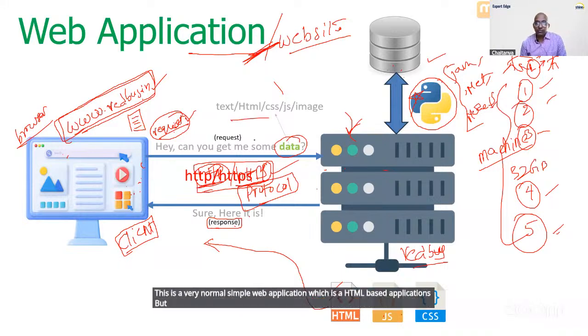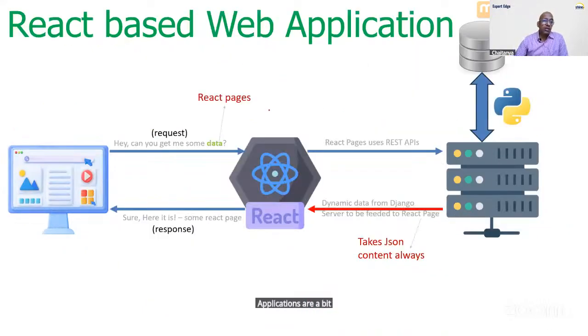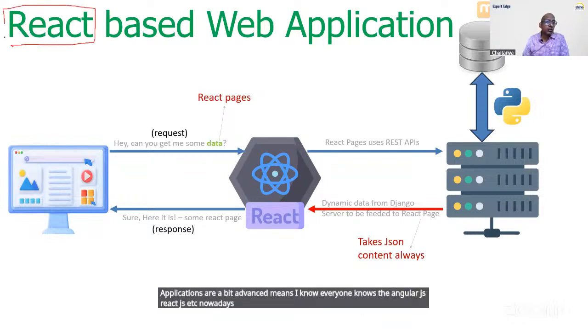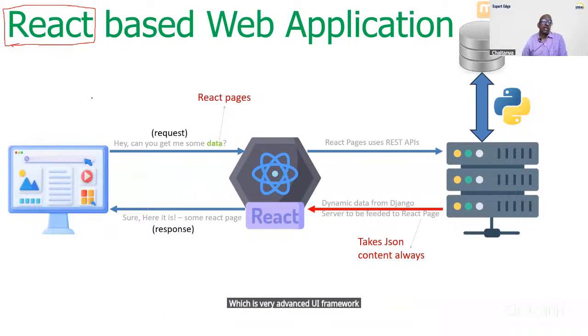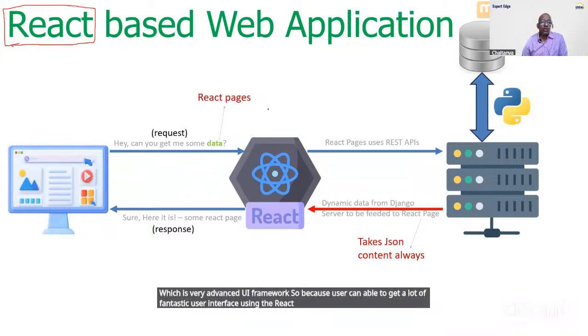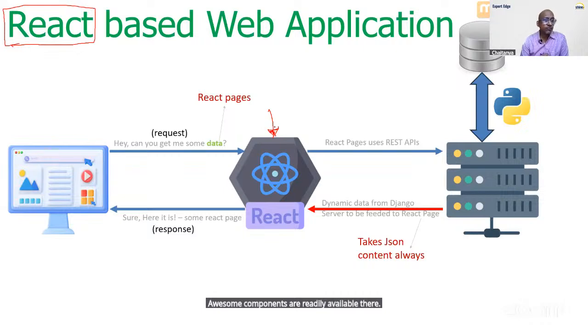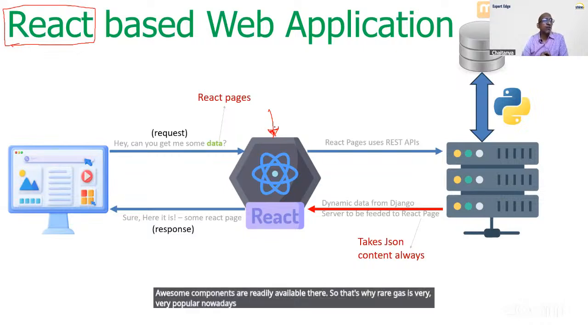But nowadays, applications are a bit advanced. I know everyone knows Angular JS, React JS, etc. Nowadays, almost all applications are being built on top of React JS, which is a very advanced UI framework. Because users can get a lot of fantastic user interfaces using React JS. Components, buttons, fields, very beautiful and awesome components are readily available there. That's why React JS is very popular nowadays when compared to the old Angular